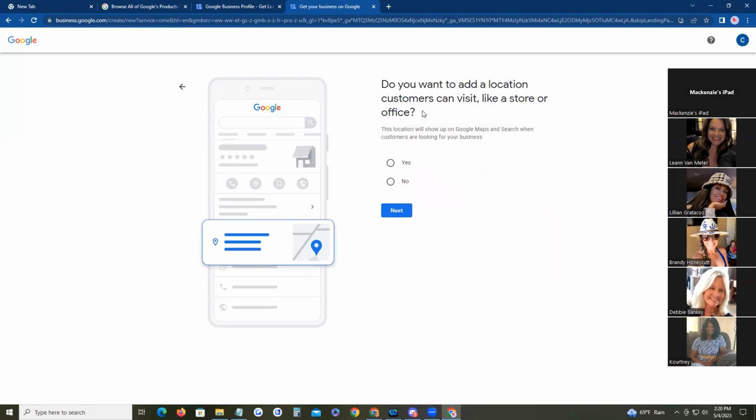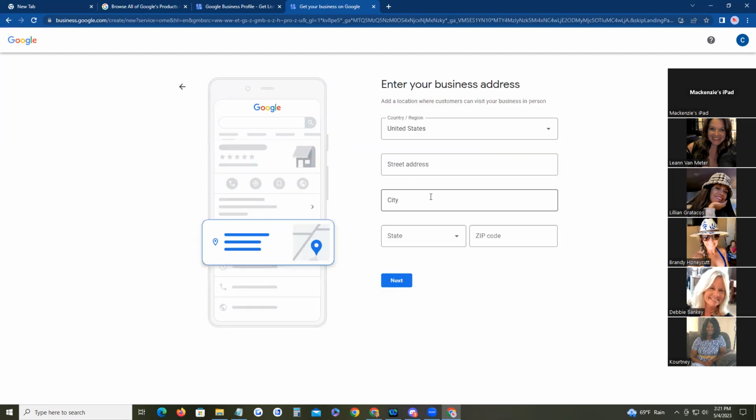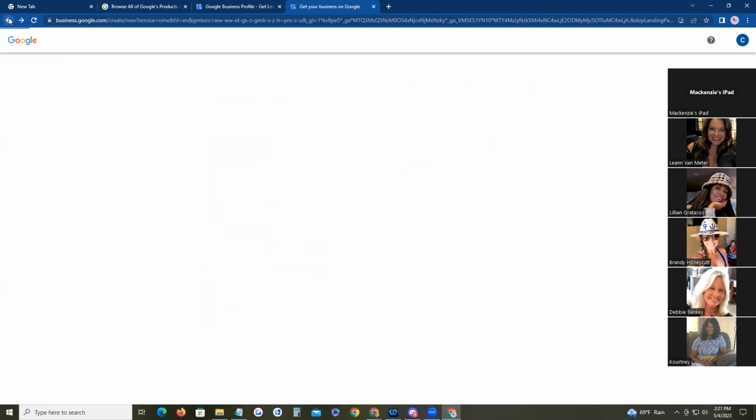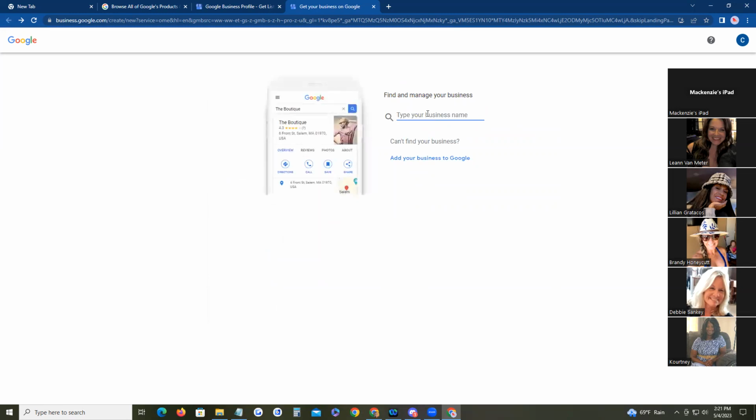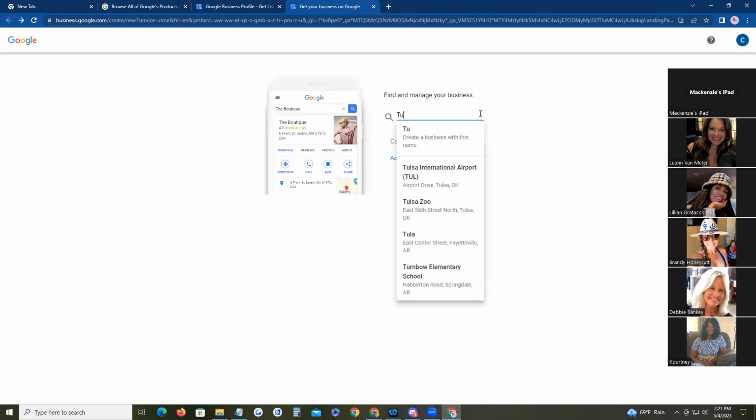Do you want to add a location customers can visit, like a store or office? Wow, they've changed it on us again. Okay. When you're back here where it says type your business name, once you get that typed in and you click next,